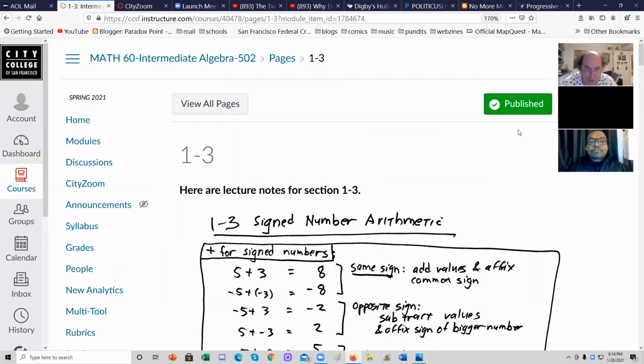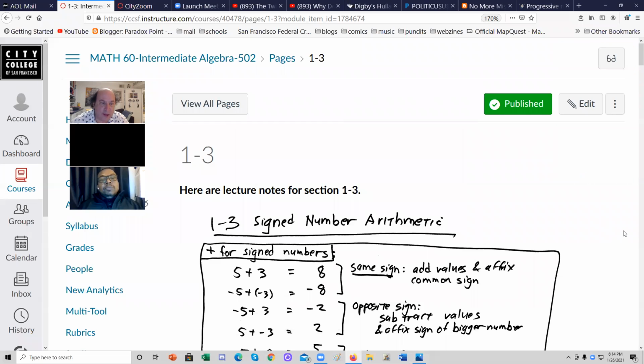All right. Today's session is about sections 1.3 and 1.4, about signed number arithmetic and simplifying algebraic expressions. So for 1.3, we'll be adding, subtracting, multiplying, and